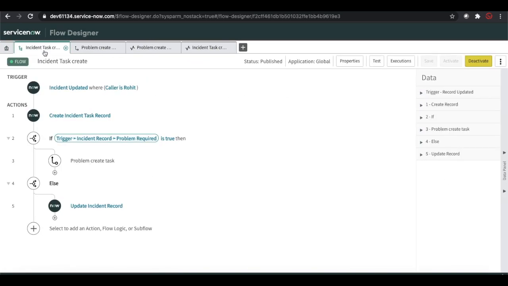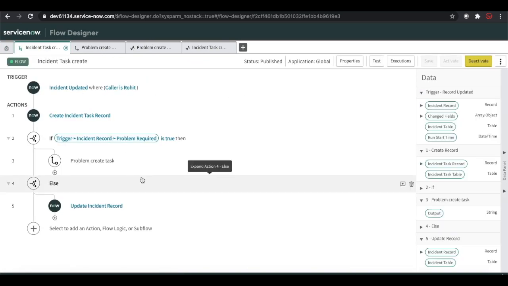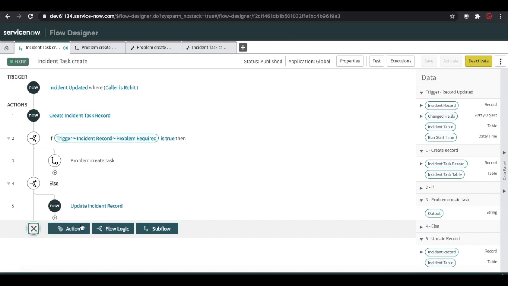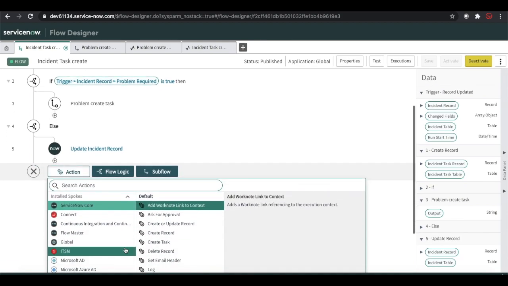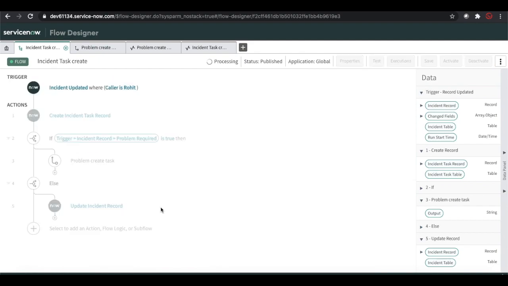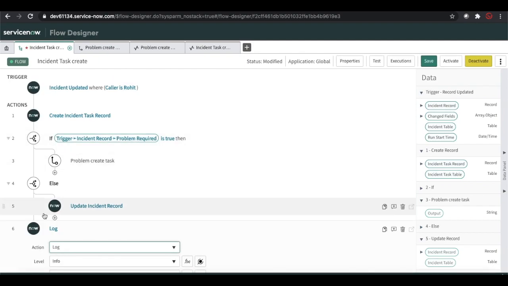Now let me go back here. This is the flow we have created. Also remember, this main branch is always executed. Either it goes to the if block or the else block, the main branch will be executed. If any action is added here, it will always execute. After the if block, it will not execute the else block, it will come straight to this point. So always remember, if you think this is the else block, it's wrong.